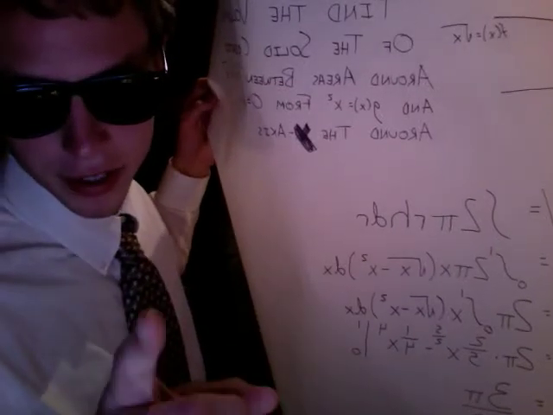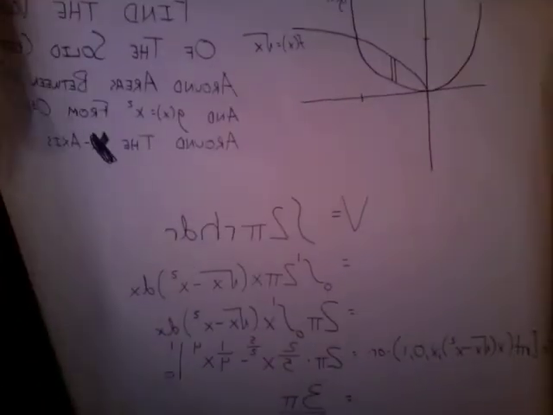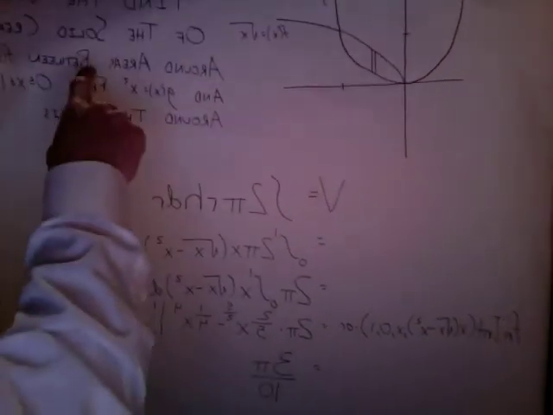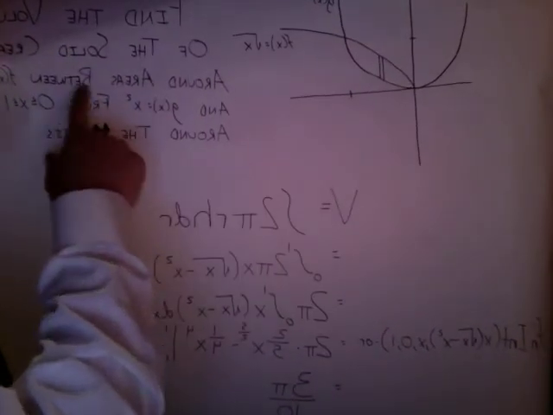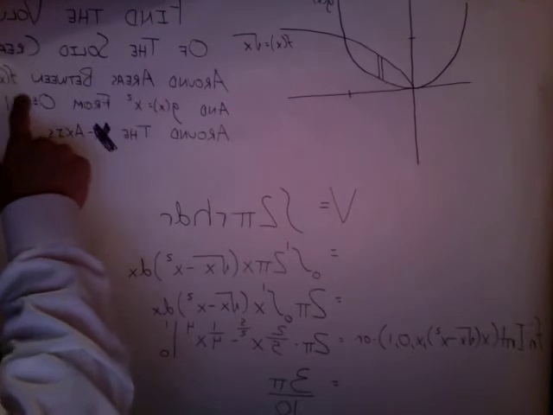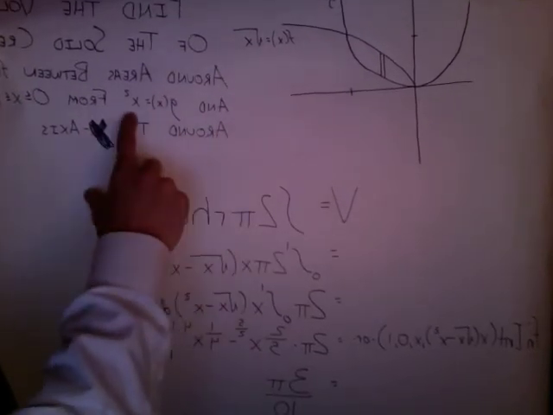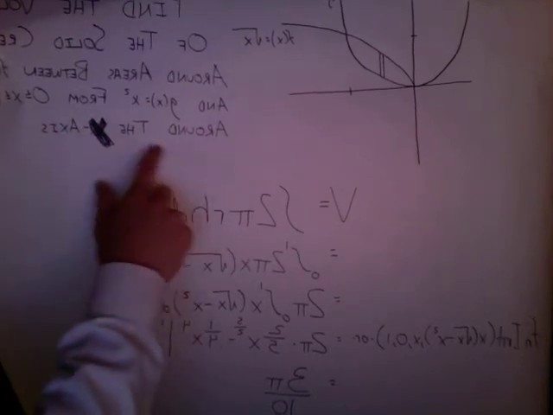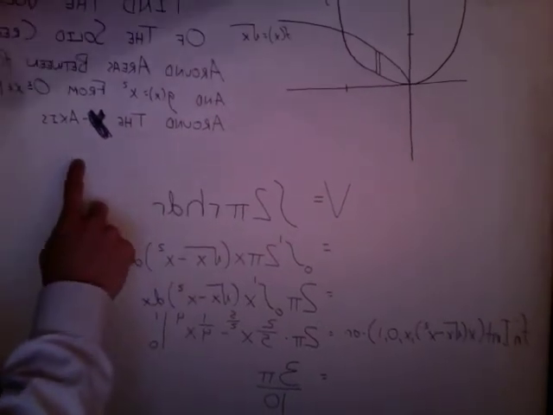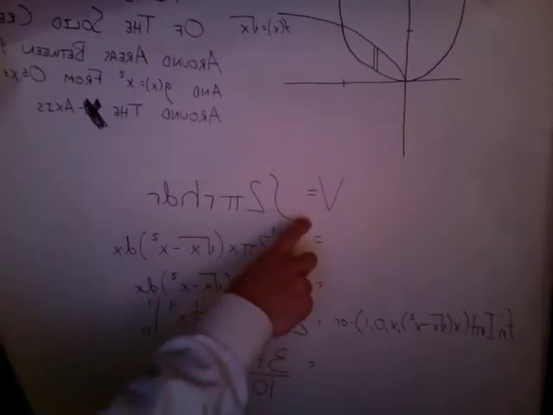Today, I'm going to teach you how to do the shell method. First step is we're going to read the problem. The problem says, if you can't read it, find the volume of the solid created around the areas between the graphs f of x equals the square root of x and g of x equals x squared from 0 to 1 around the y-axis. And right off the bat, we're going to use the equation for shell method, which is